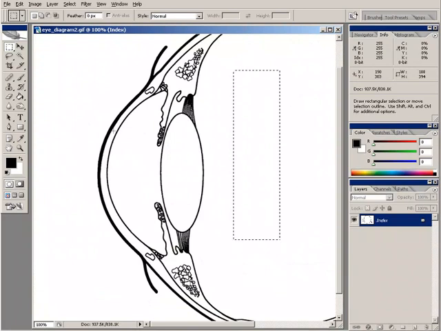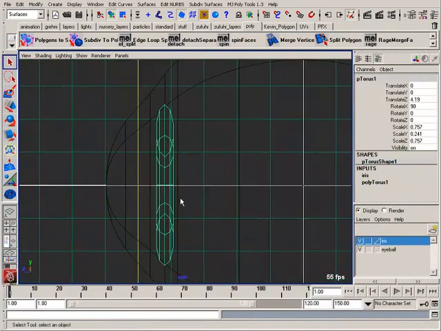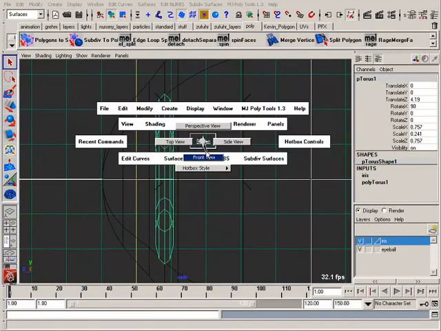But one thing that is obviously going on in a real eye that we're not dealing with is that a real eye has thickness to the cornea. And so inside here, we're just going to take our iris and get it to go up towards that edge right there. And so going into Maya, to do that, I'm going to take my iris